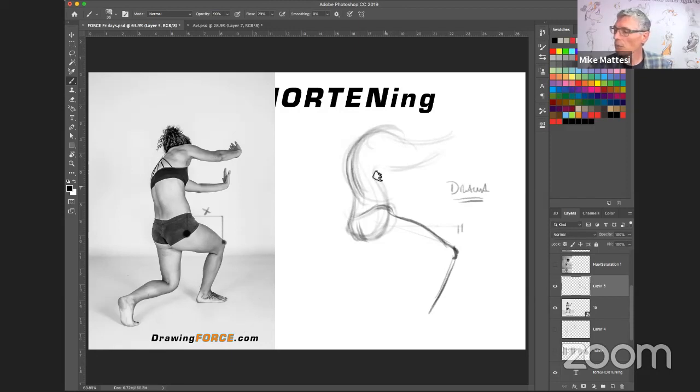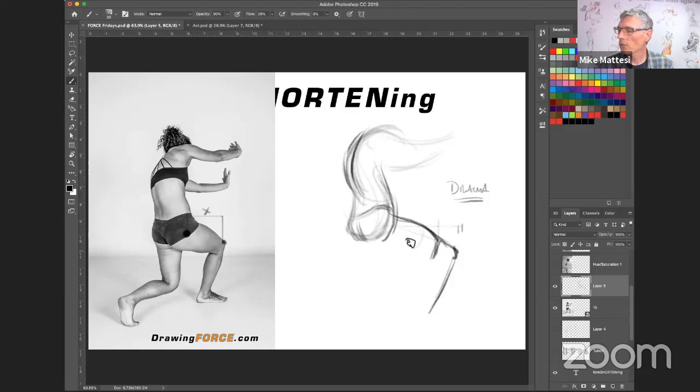So in this case, with this image of Noe the model here, I just want you to be aware, this is a common situation that I'll see happen. Her leg might only be really this short. I'll see the student make the leg too long. They're thinking, I'm going to draw the leg in its more true length. This is a great example of how your brain lies. You don't draw what you see, you draw what you think you see. And what you think you see is a leg. So you draw the length of a full leg. What we want to do here is bring the leg in to about here, and by bringing the leg in and bringing it down, that creates more drama.